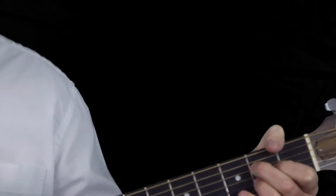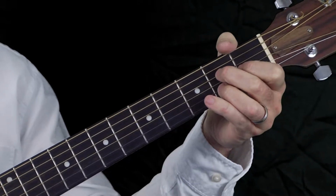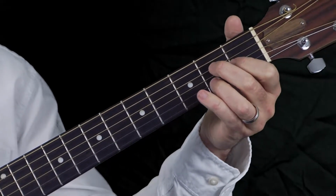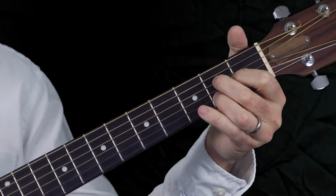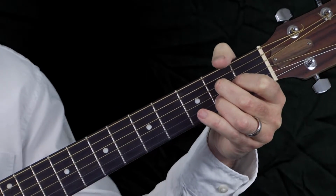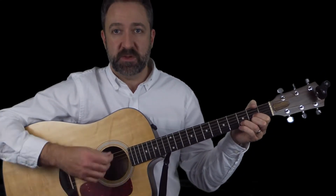So push hard enough, but not too hard. Also, when you're holding the strings down, imagine that you're holding an egg in your hand, that you have an arch to your hand. That way, your fingertips will be more adequately positioned to hold down the strings each time you're chording. When you're holding an acoustic guitar, your strumming will have an angle to it because of the size